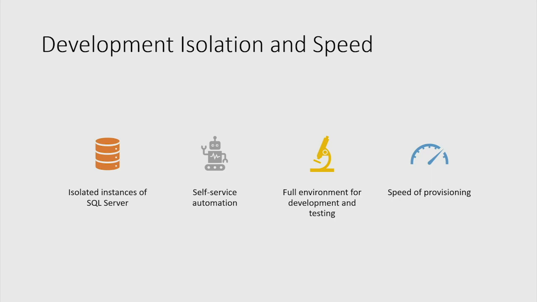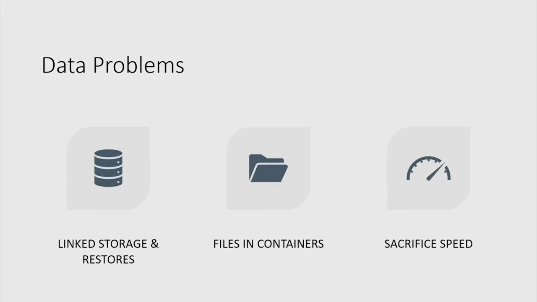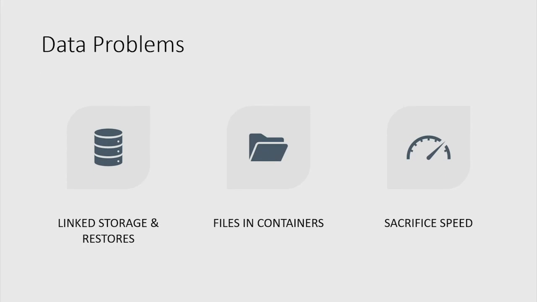But what we need is a fast way to give it to them. Containers are the magic. They can spin this stuff up all on their own, and it happens fast, except for the data. And the data slows everything down. You can, I already said it, put files in the containers, and that makes the containers huge. You don't want to do that. You can do the linked storage and do restores or attaches, figure out what you want, but it's still going to be big. You don't want to do that.